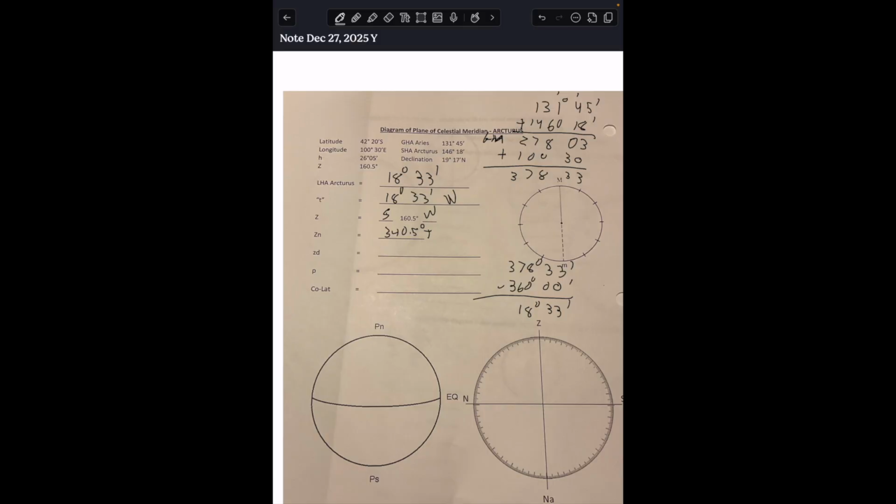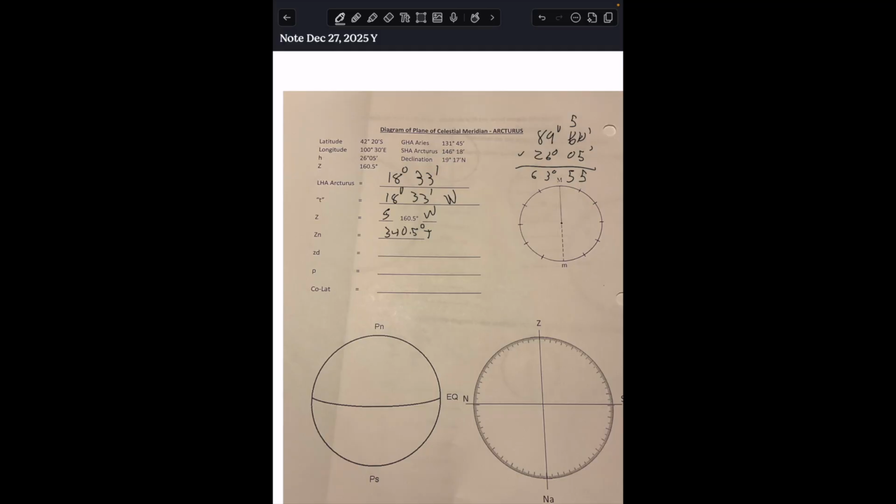So we take our altitude, which is h, and do 90 minus that. So 89 degrees, 60 minutes, minus 26 degrees, 05 minutes, and our zenith distance is 63 degrees, 55 minutes, but remember, zenith distance is a